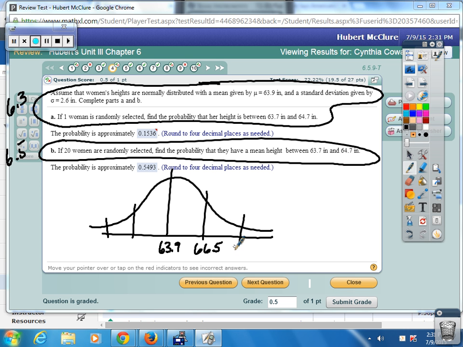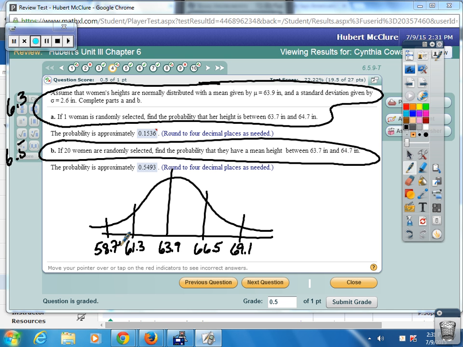Huh? 69.1. And then the other side, 61.2 and 58.7. All right. If one woman is randomly selected, between 63.7 and